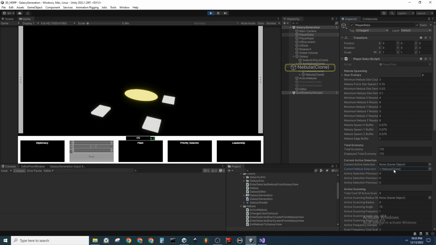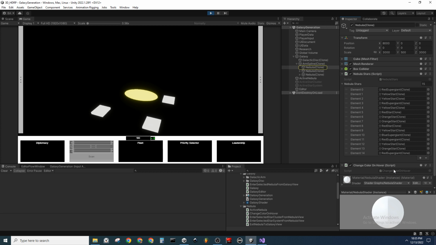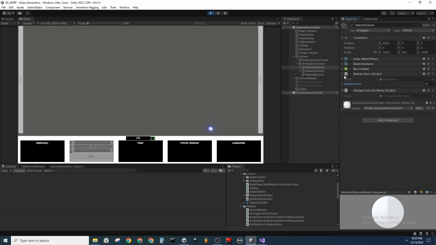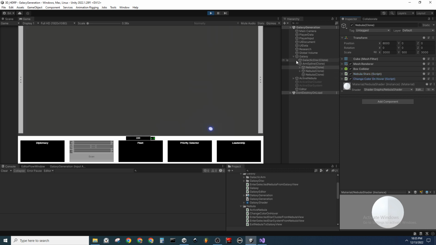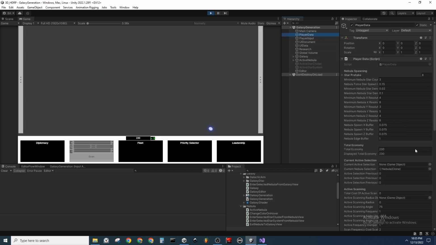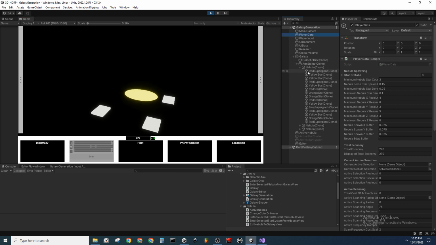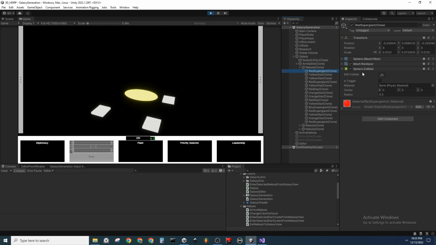Current nebula selection. Sorry, I'm just double checking on this data here. Nebula clone. Okay, it's not selecting. Okay, whatever. All right, so for this, the galaxies, nebulas, stars have to more or less